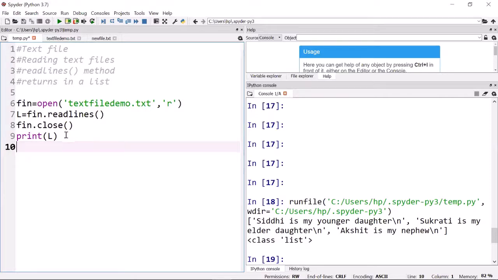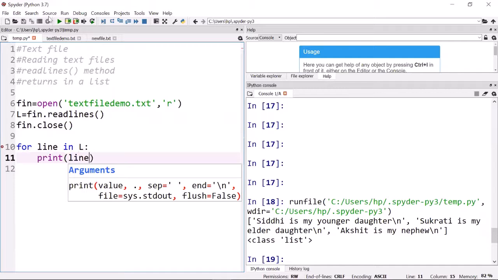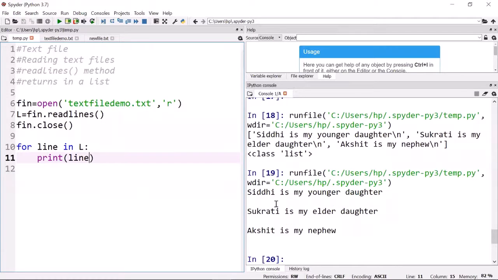So what to do? We can use a loop: for element in our list like that. So let us try that. Instead of element or item, I'll take it as a line in our L. We'll print this line. Let us have a look how it is printing.